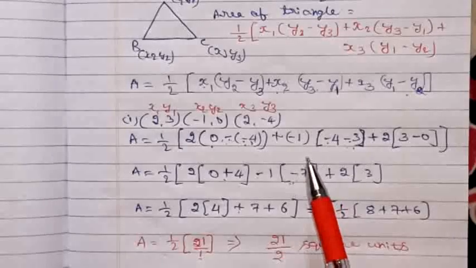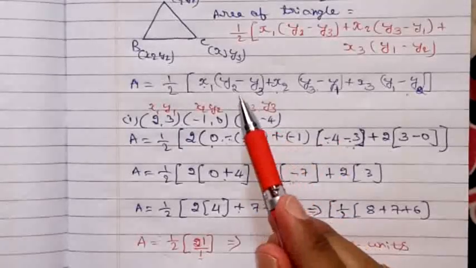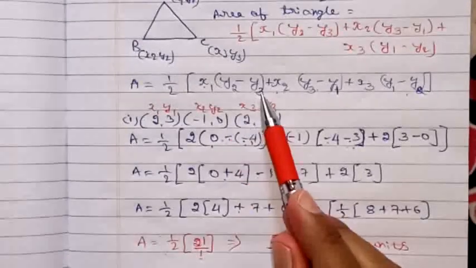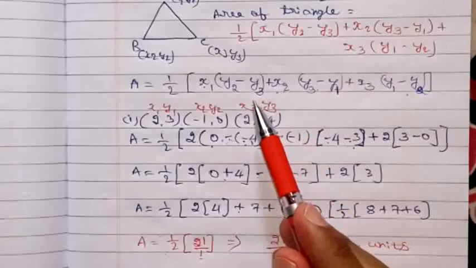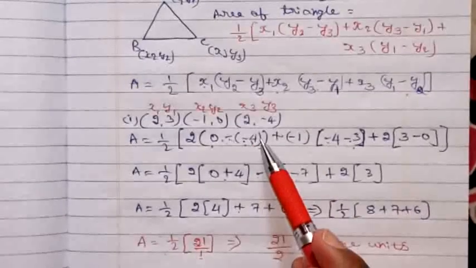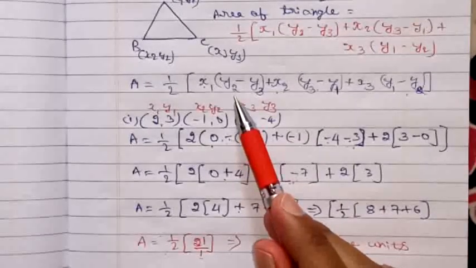Now here you need to observe and understand that first you need to subtract, afterwards you need to multiply. You need to remember this, very very important, children, because in some places you will not multiply, you will add or you will subtract. So therefore you need to remember this.